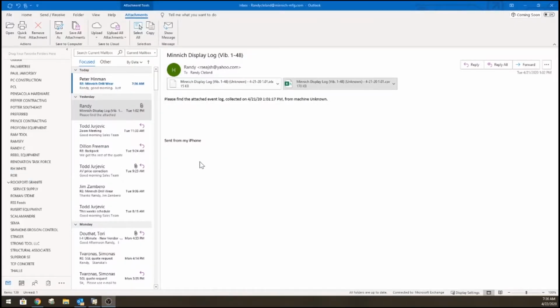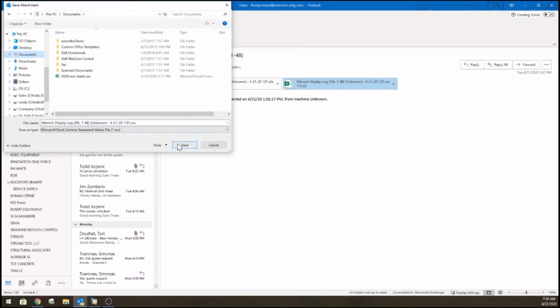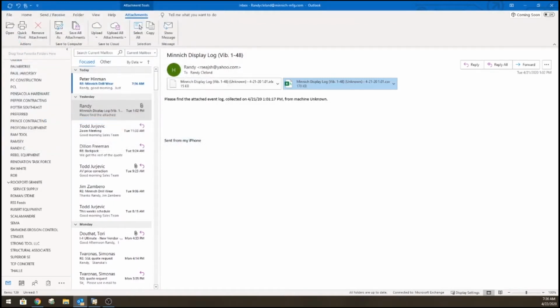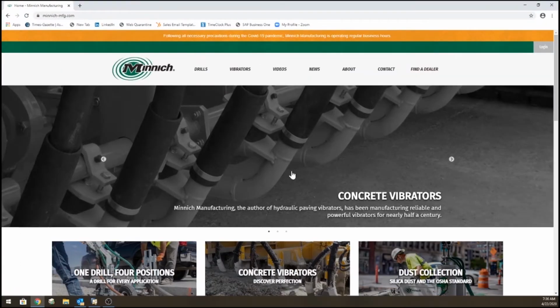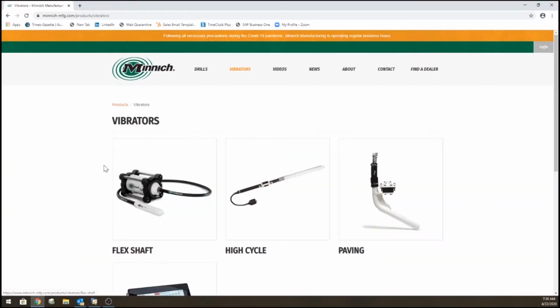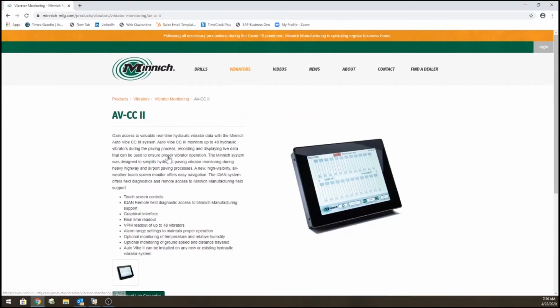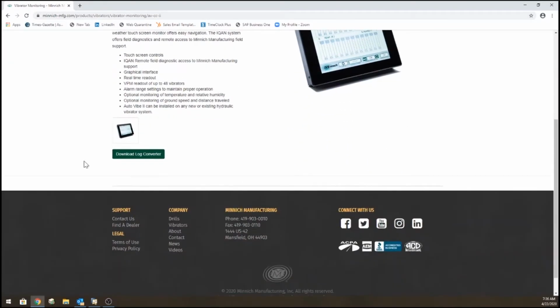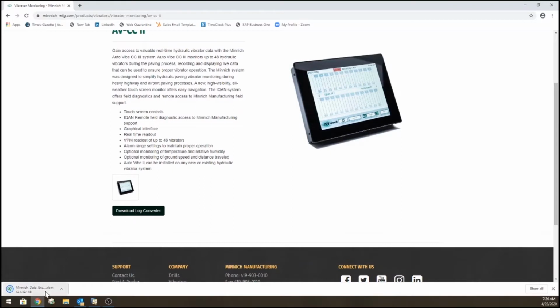All right, so after you have emailed the downloaded information to a desired email, open the email, save the attachment as a document, save it, and then open up the Minic web page. Click on vibrators, scroll down and click on vibrator monitoring, AVCC2, open that up, go down to download log converter, open that up,